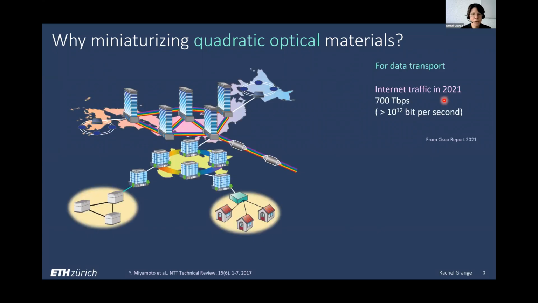First of all, it's for data transport. We all know the long haul network over fibers works fine. It might be saturated at some point, but there are also the short haul networks. So what about those data centers? If they want to